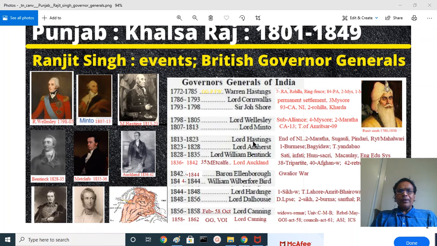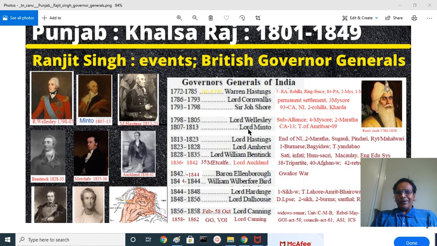And then in Lord Hastings' time, the Nepalese war was fought, and the second and final Maratha war was fought, and Peshwa Bajirao was deposed, and the British Empire in India, in the time of the Marquess of Hastings, became the British Empire of India. At that time, Maharaja Ranjit Singh had less maneuverability in future challenges that he or his successors would face. He could not expect any local rulers aiding or sympathizing with his cause. That's the context we are looking for.